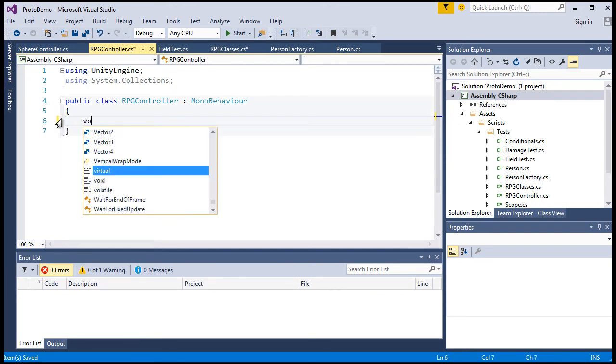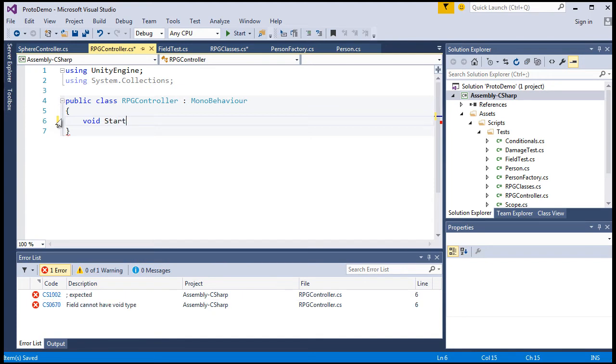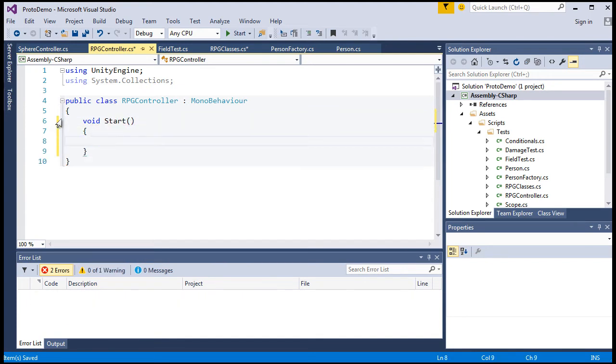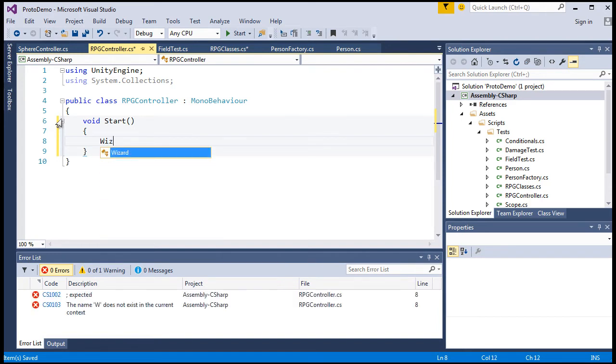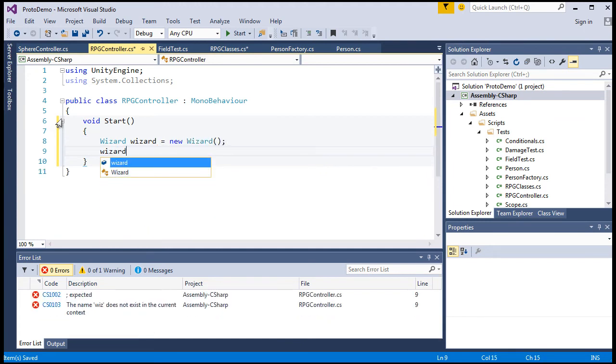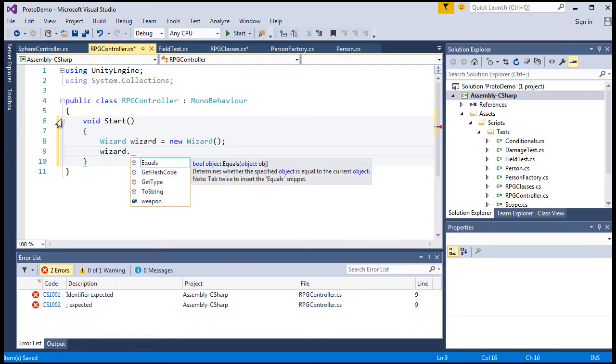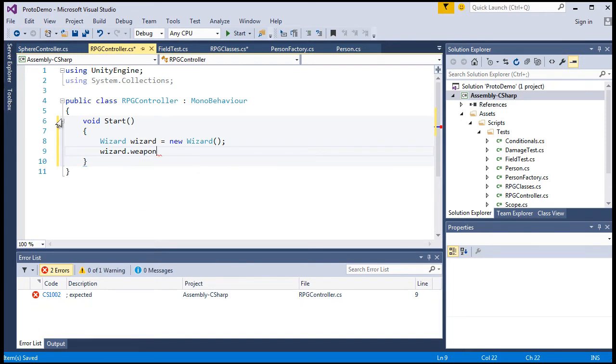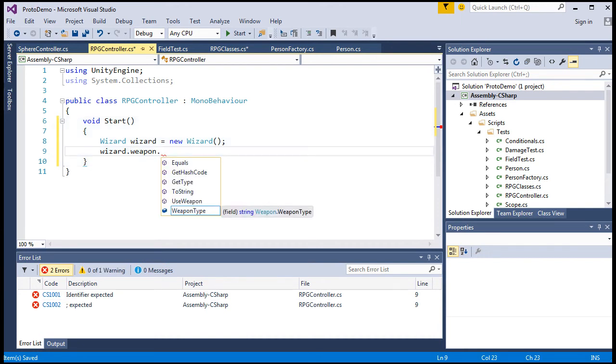And here in RPG controller, let's type in this code. We're going to use void start as usual so we can at least output it, see it in Unity. And in start, we're going to create our instance of our object wizard. So type this in. And then using the dot accessor, we'll access the public weapon. And because the weapon has a field of